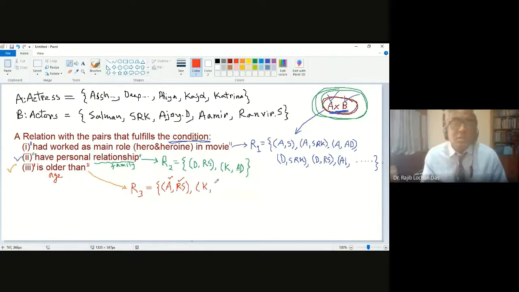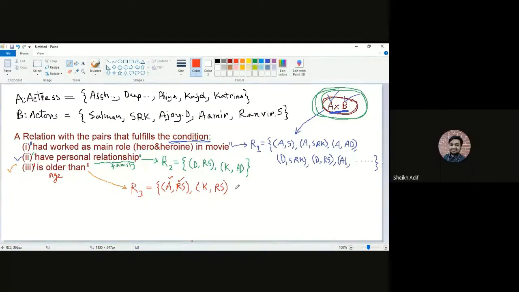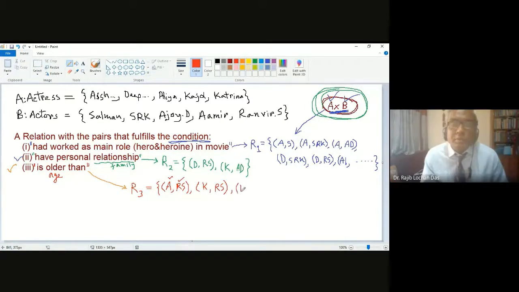Yes. Okay, Ranbir Singh, yes. And then Katrina? Also maybe Ranbir Singh. Possible. So I am writing Katrina, Ranbir Singh. Okay, so these are the elements,